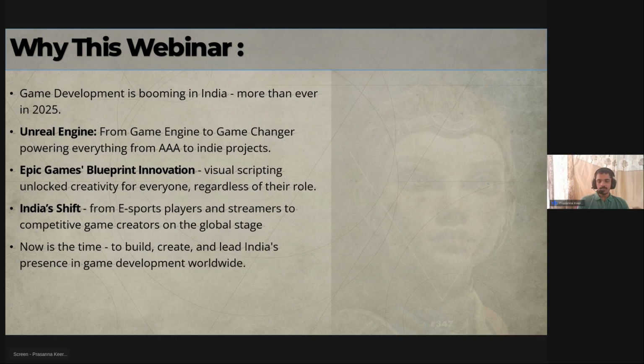But now in 2025, the game has completely changed, and a lot of the people started using Unreal because of a very core reason, that is the visual scripting system, which people formerly call blueprints so far. So really, India has contribution in the game development field. Yes, in terms of esports, we have a lot of teams from India that are participating in game competitions. Sorry, but what about creating a product? Slowly, we are stepping into that.